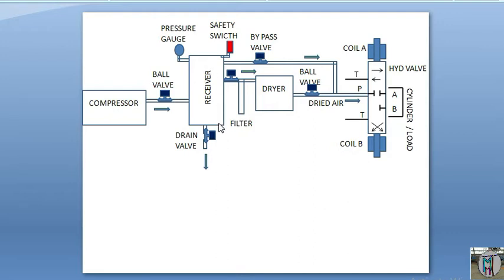And this is the receiver. This receiver has one pressure gauge, which shows the pressure inside the receiver. And this is the safety switch. We almost set it on 10 or 12 bar, whatever we want. Suppose this compressor is around 7 bar pressure, so we can set it on 20 bar, because if the pressure builds up in the receiver and the compressor's automatic relay is shut off or damaged, at that time this switch will open. This is like your cooker